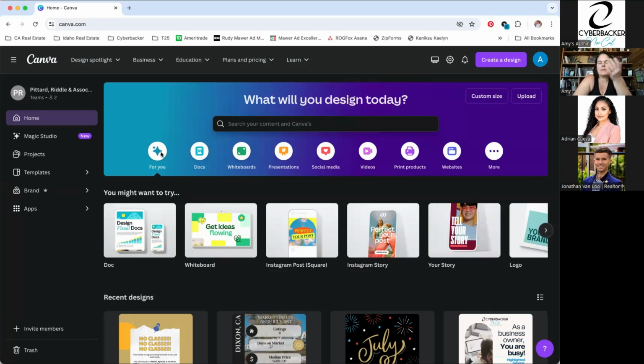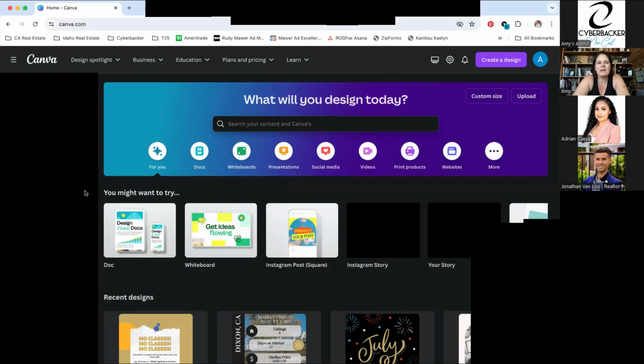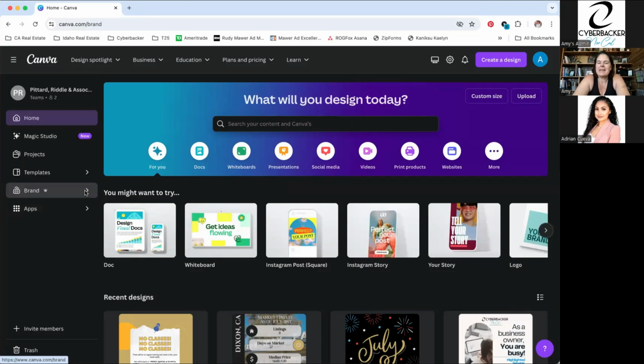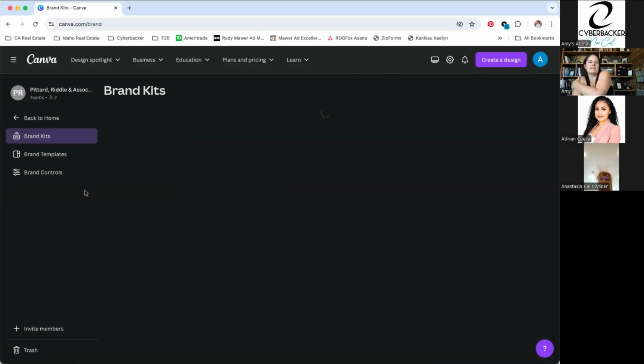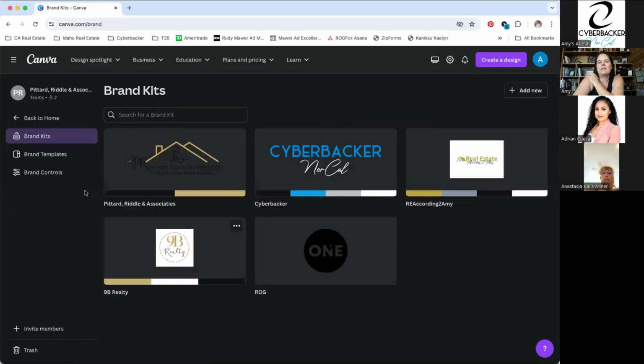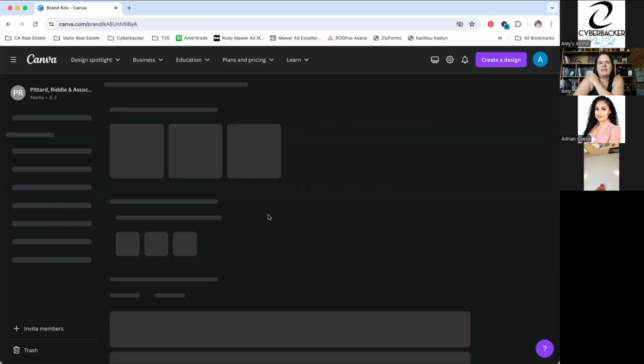We actually have the paid account because it allows us to do things like this under our brand. You can save things. So again, this is just the paid account. I don't necessarily recommend on a regular basis that everybody needs the paid account, but it allows you to save your brands in here. So you can save your logos, your colors, your fonts, all those things that you would utilize for your brand package. So if we pull that up, you can see that,